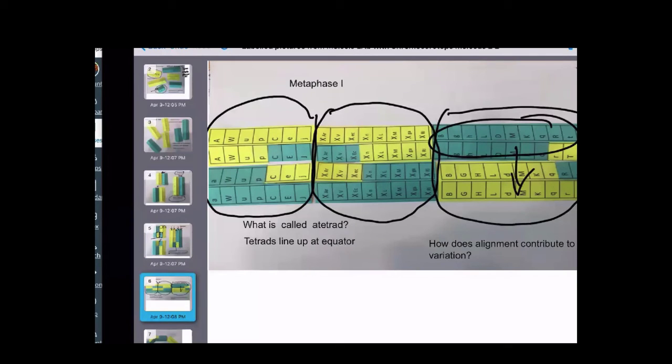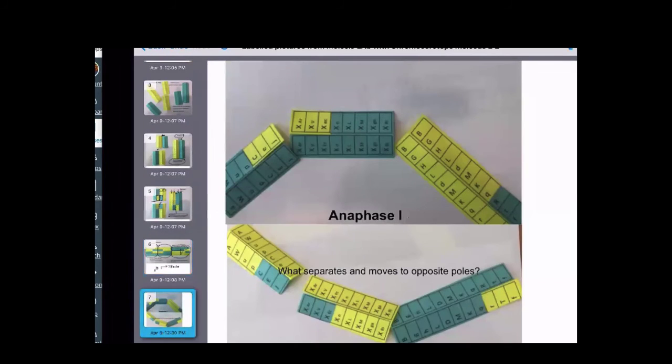So what's really cool, when you think of our chromosomes, we have 23 pairs. And when you go 2 to the power of 23, it ends up being a number that's a little bit higher than 8 million. So just by the random aligning up, if at metaphase 1 can generate about 8 million possible combinations. And that's why we are so unique, because we're a rearrangement of our parents' genes before we were even formed. Next step is going into anaphase 1, and what you're seeing in anaphase 1 is the